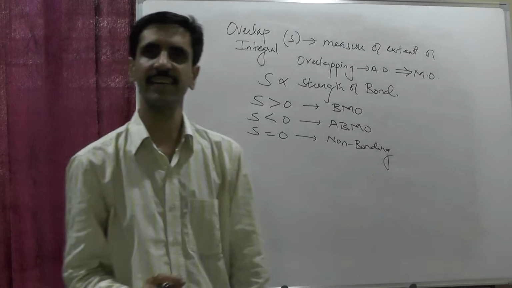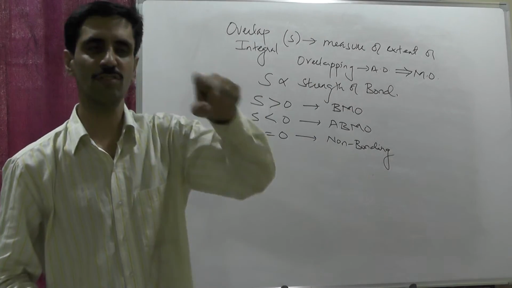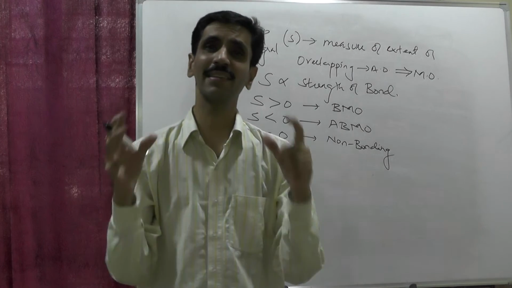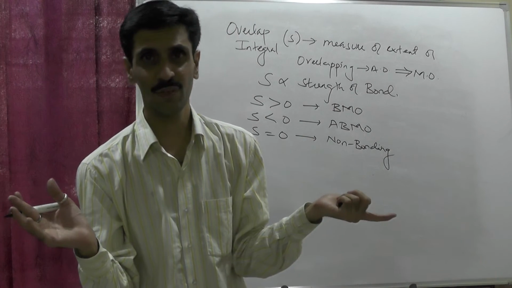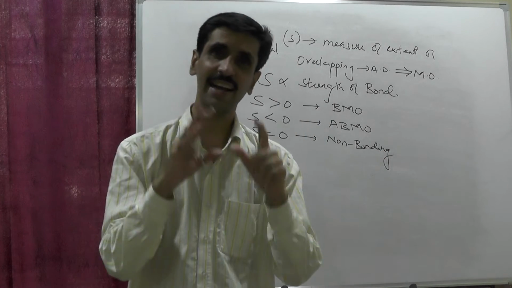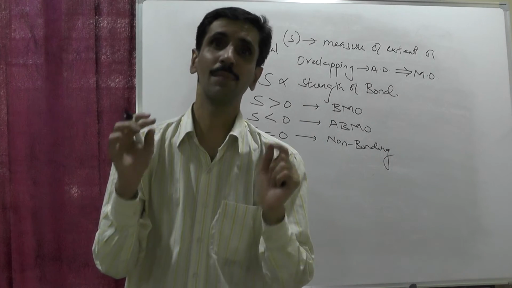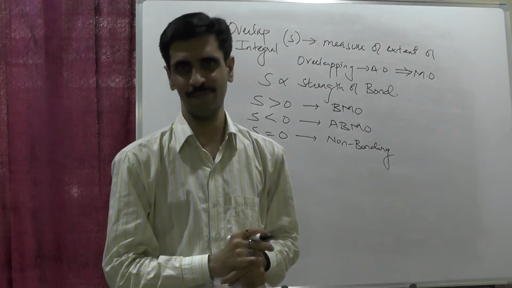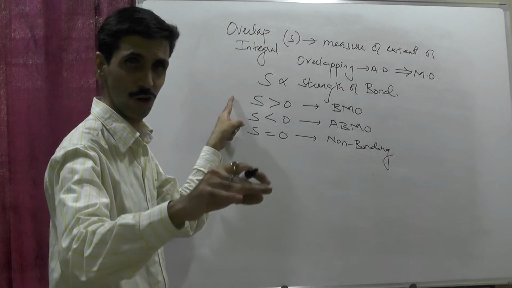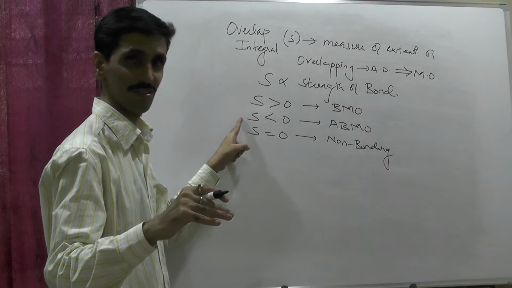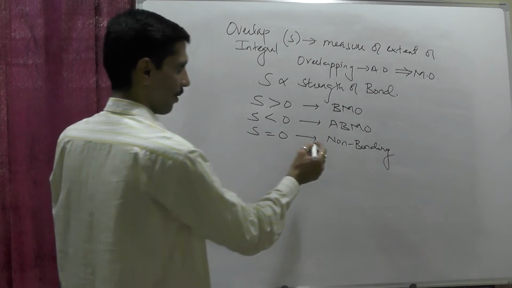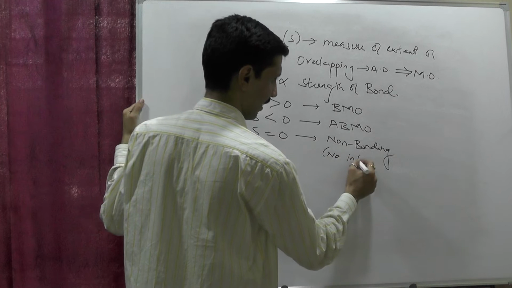Okay, the general case where we are going to subtract 1. So that is going to be what? Non-bonding. Here, the atomic orbitals are not interacting at all. As a result, there is no change in the energy. Whenever there is an interaction, there is going to be a change in energy. Please, my dear friends, keep this in mind. Here, because there is a positive interaction, energy gets lower. Here there is a negative interaction, so the energy rises. But here there is no change in energy because there is no interaction at all